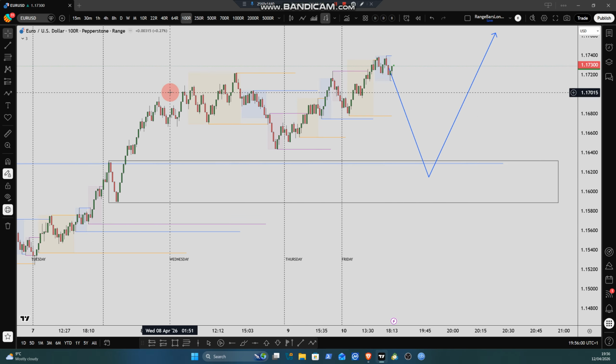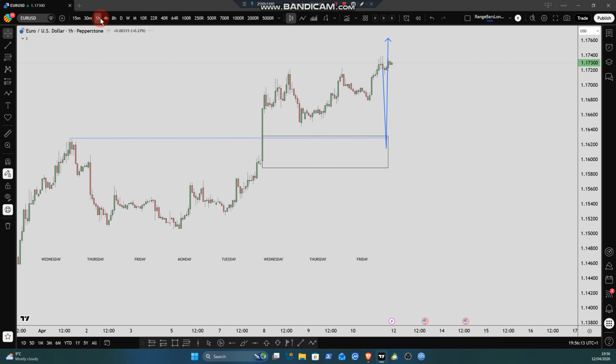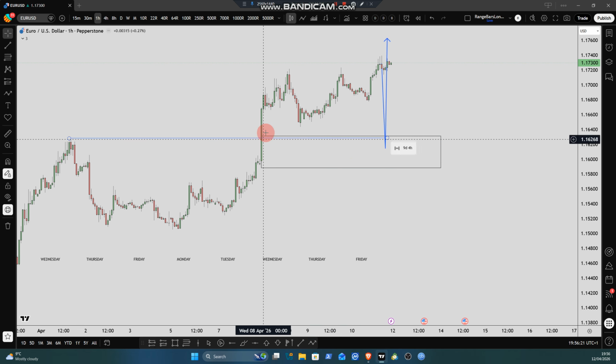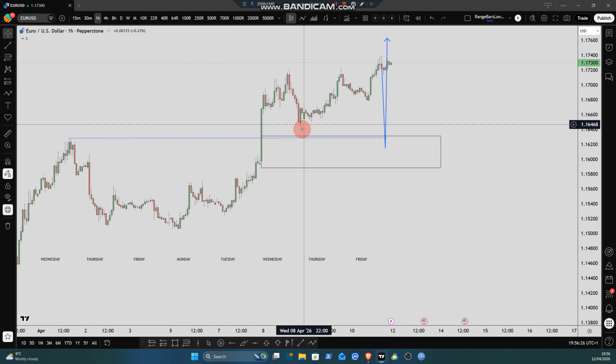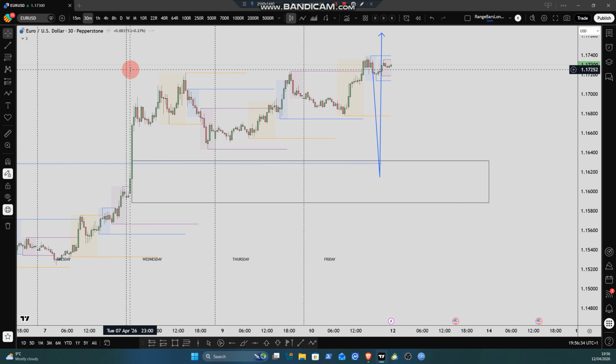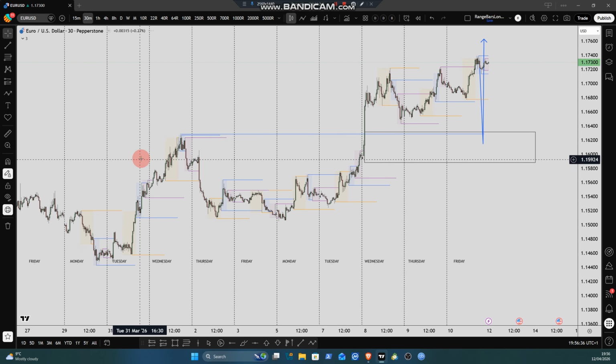information. I think we've been bogged down over many years with ICT concepts and loads of different things in regards to breaker blocks, order blocks. I mean, if you look at this chart from a candlestick perspective, this move here just looks like it's the point at which this market made a huge move up, right? This would be classed as an order block, and this would be classed as a fair value gap, and there'll be other things that you'd be considering in this gap here. But effectively, this is what I'm looking at,